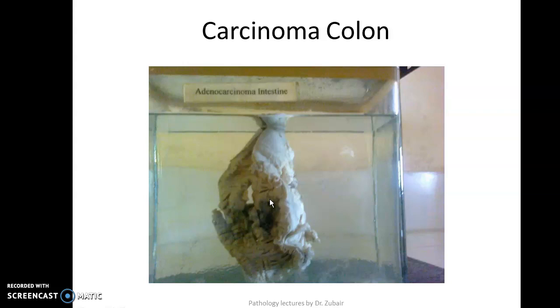So you'll say, first, never jump to the diagnosis. Always remember, when a specimen is described, you should never jump to a diagnosis. If you jump to a diagnosis, the examiner will think you have not come to a logical conclusion and you knew the answer. So always describe the specimen. This is a specimen of a segment of intestine. Try to specify it. Maybe it's large intestine here.